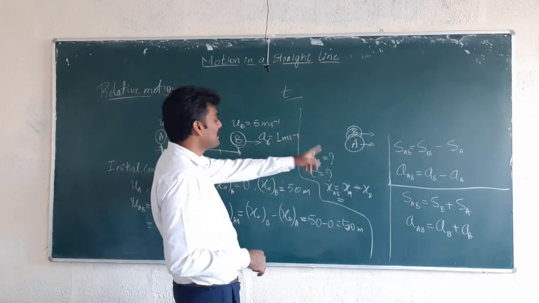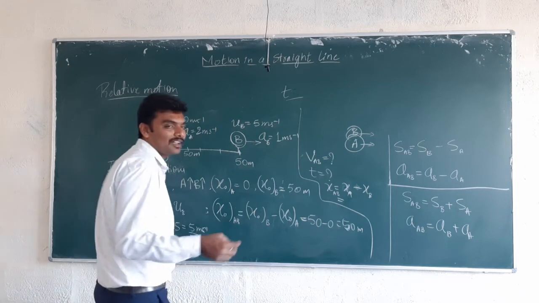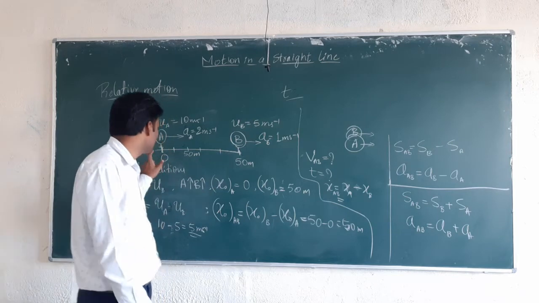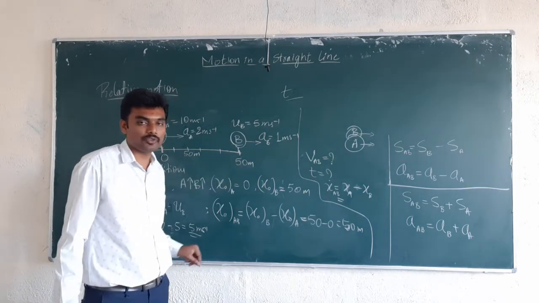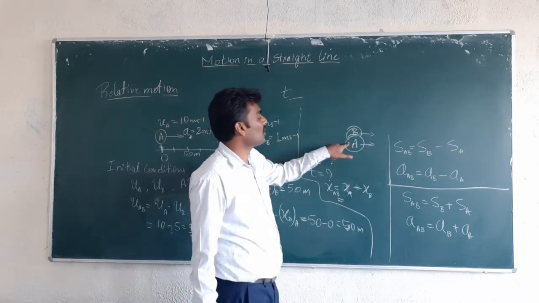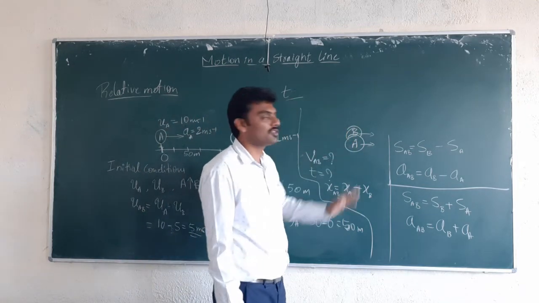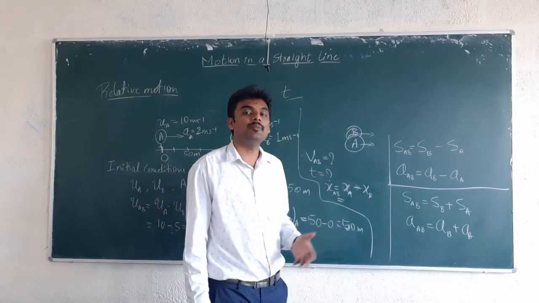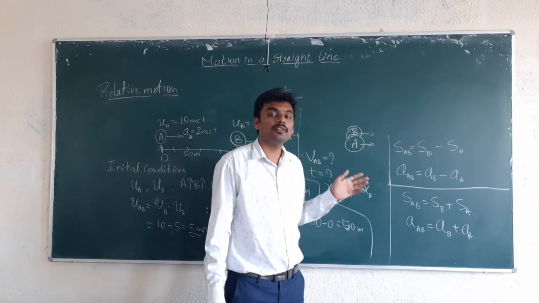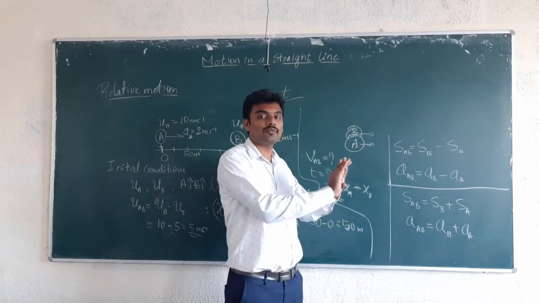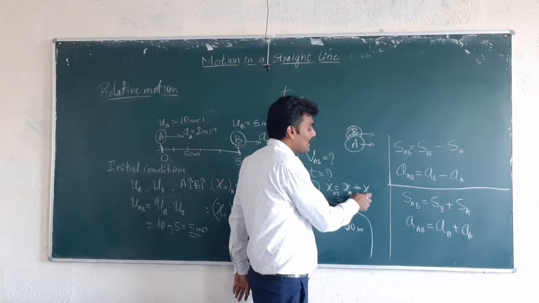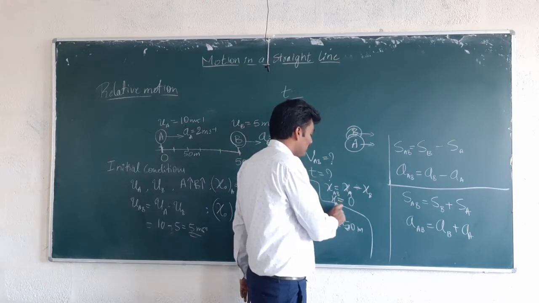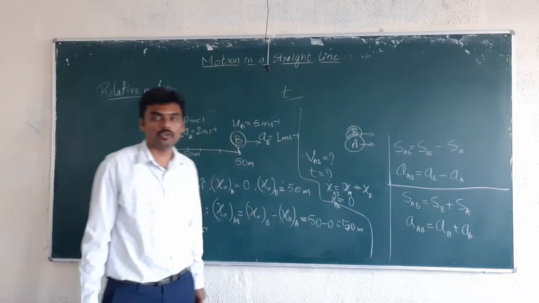Look at this. Since they are in the same position now, x is actually the position, not the displacement. Even here it is the position. X naught of A is 0, the position. X naught of B, 50 meter, is the position. Now, since body A and body B are in the same position, they might be at 70 meter, 80 meter, 90 meter, we don't know. But one thing is sure, they are in the same position. Since they are in the same position, XA and XB are the same. When XA and XB are the same, the final relative displacement becomes 0.